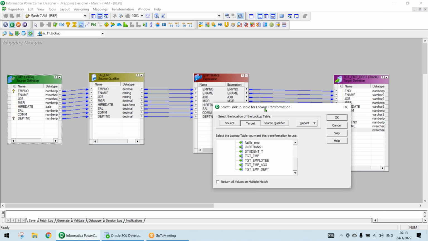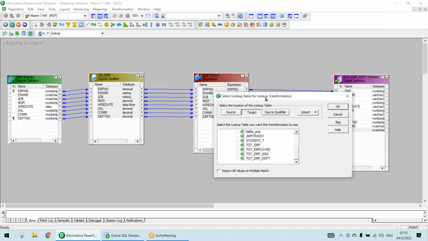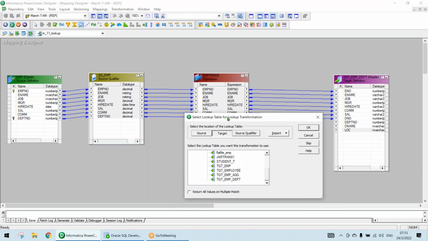Lookup is a transformation, but whenever you are trying to select a lookup, you have to select what your lookup table is. Without selecting a table,